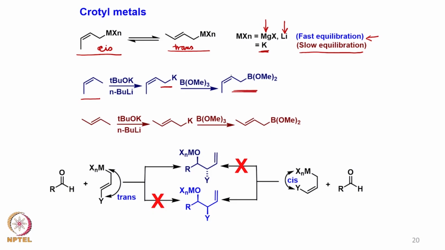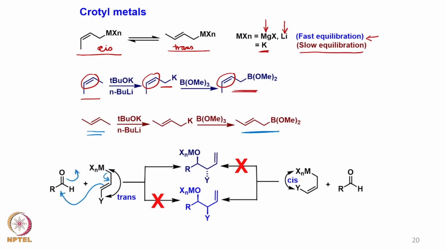Now here the double bond geometry is retained. So all throughout the double bond geometry is retained. On the other hand, if we start with the trans double bond, then of course we can also retain that in the substrate that is obtained in the end, that is the boronate. Now if the reaction is carried out with the aldehyde, for example here, then what is obtained is something like this here, that goes in here, that goes in here, and that comes in here, and that is how one gets